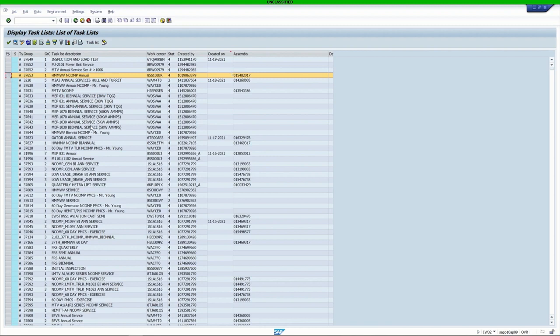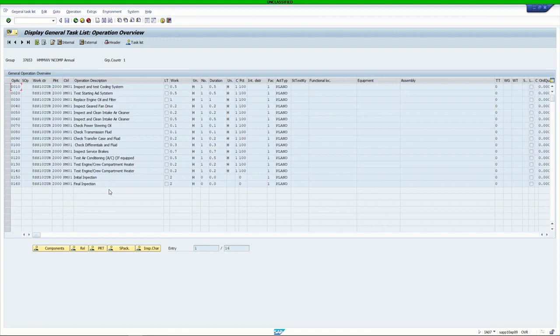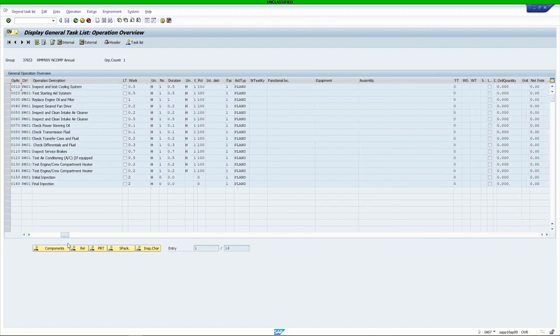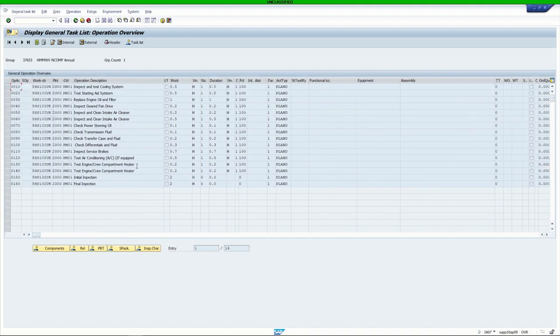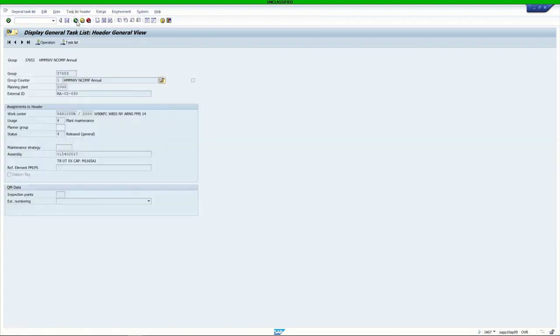So what we're going to do is highlight that row, and then we're going to click on task list. As you can see, it has the highlights of the task list based on what they want you to check. So as you can see here, they've gone in, they have the work center, they have it as a PM01. Again, when you use PM02 in creating these, it gives you a lot of issues on this side. We don't see it when you do it as a PM01, so it's just easy. That's all about convenience, honestly, what it boils down to. But you can see they've gone in and put the highlighted areas. So if we back out,